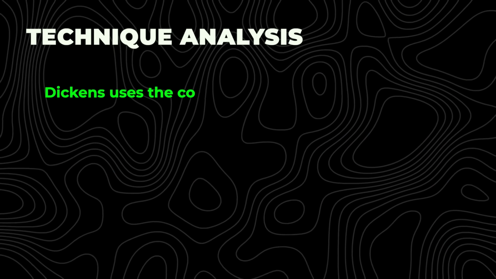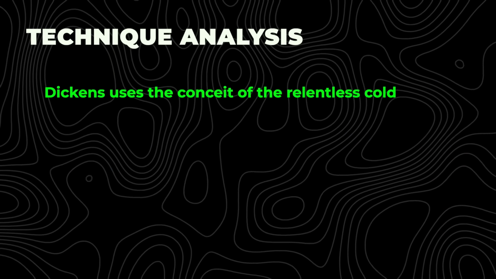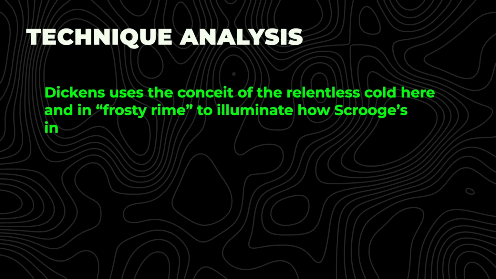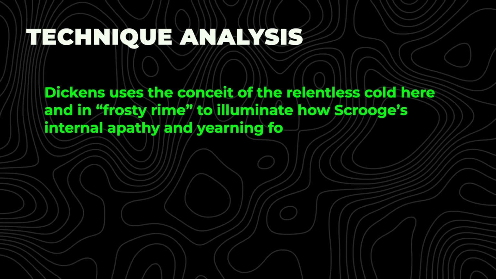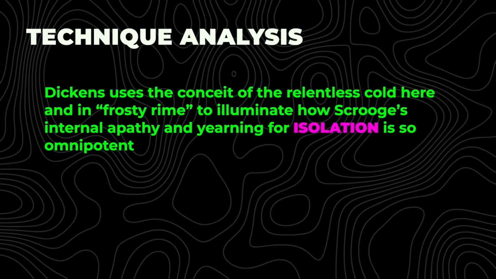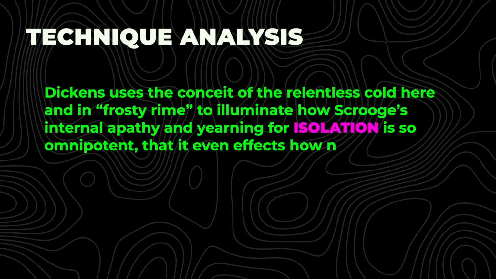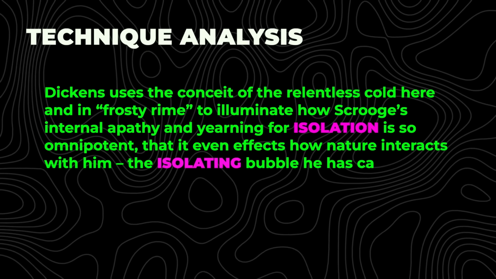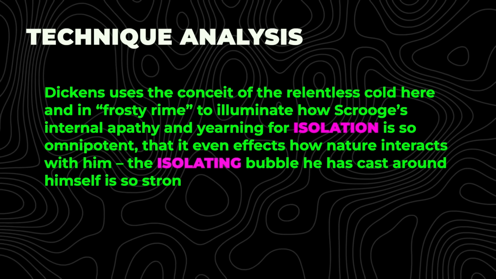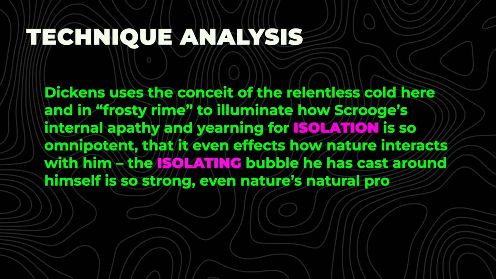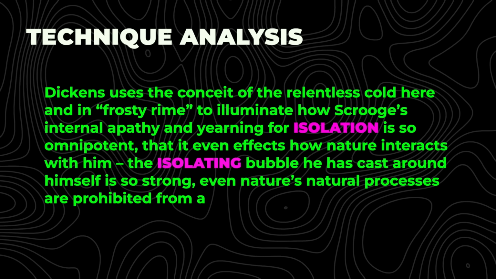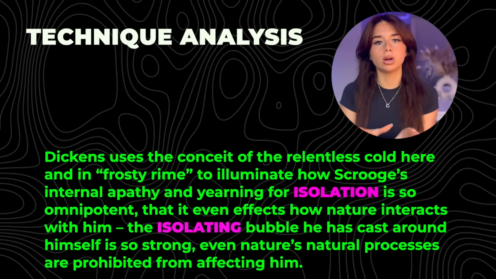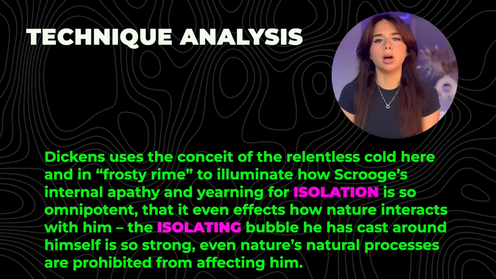Dickens uses the conceit of the relentless cold here and in frosty rime to illuminate how Scrooge's internal apathy and yearning for isolation is so omnipotent, all-powerful, that it even affects how nature interacts with him. The isolating bubble he has cast around himself is so strong, even nature's natural processes are prohibited from affecting him. So there is quite a lot of high-level vocabulary in there, so don't worry if you don't understand everything too much. Just so you know,